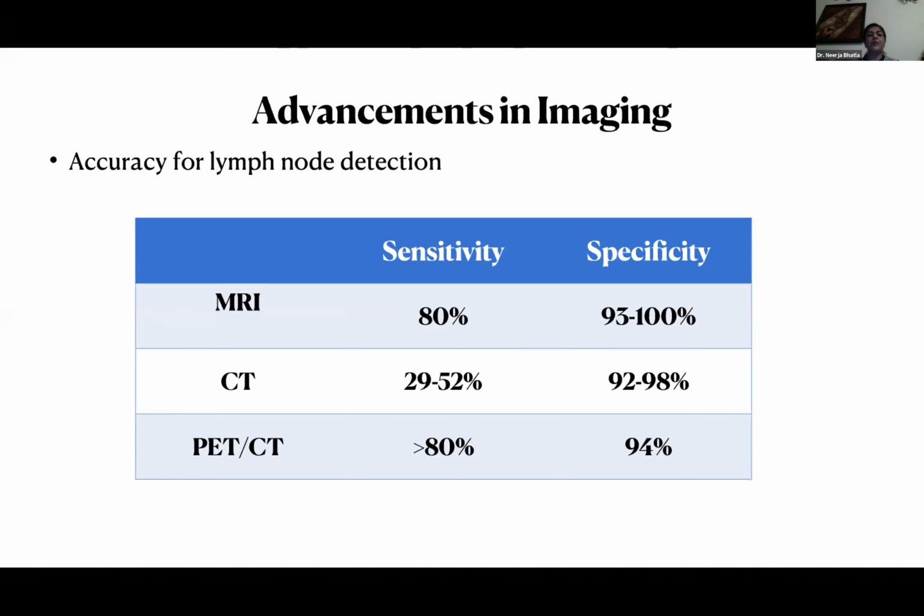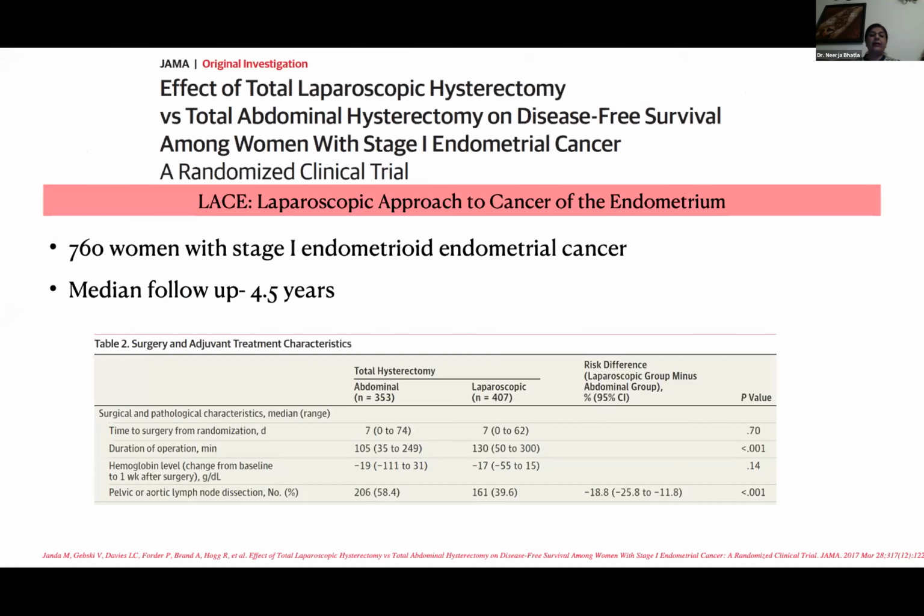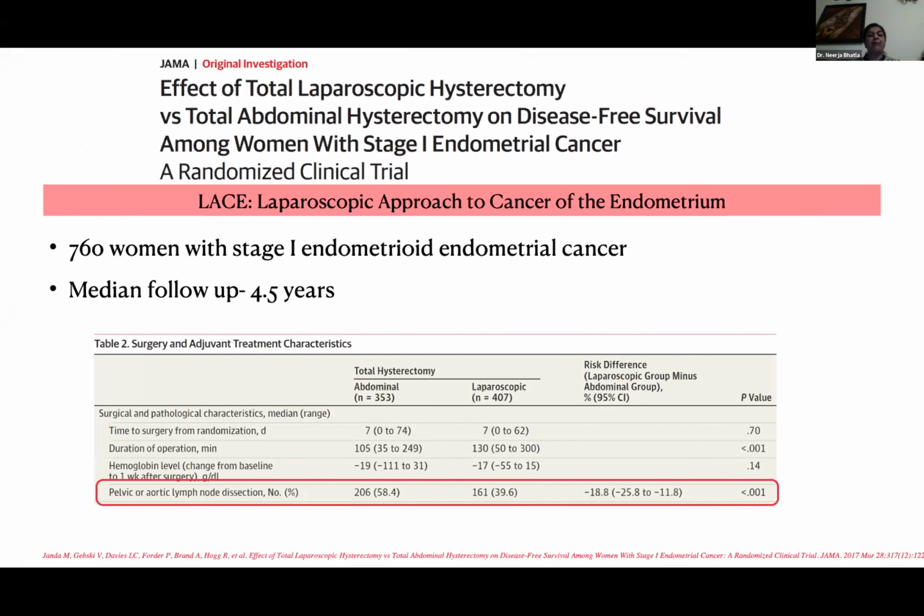Next slide. Advancements in imaging are definitely significant and getting better all the time. Next slide. If we can identify the women who would benefit from a standard, and we've had this talk about the MIS and how well it does for many of these younger patients. Please note in this list that the number of patients who had the pelvic or para-aortic dissection was more in the ones who had abdominal hysterectomies versus laparoscopic